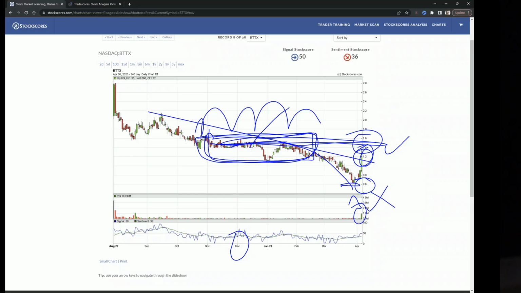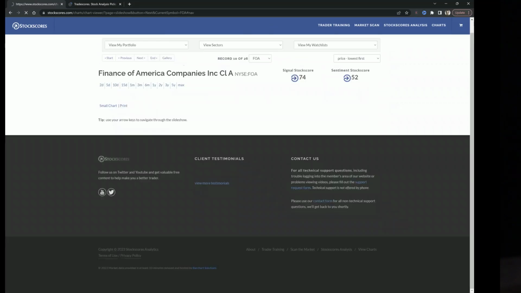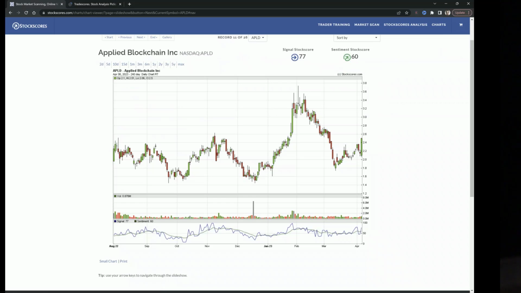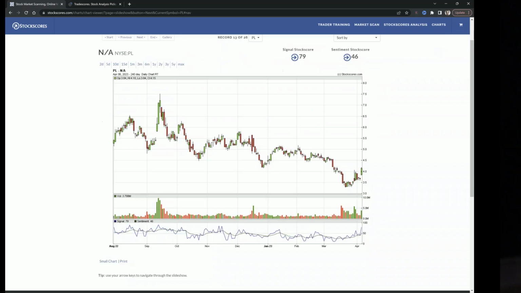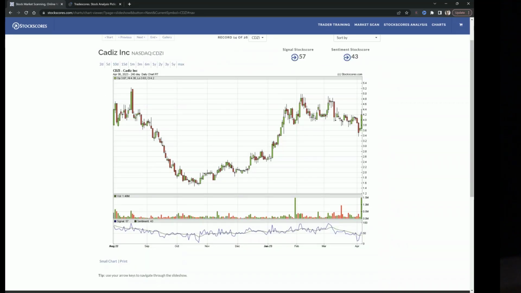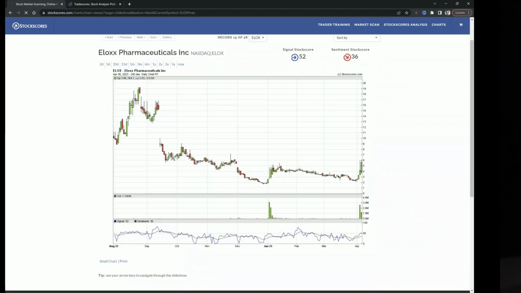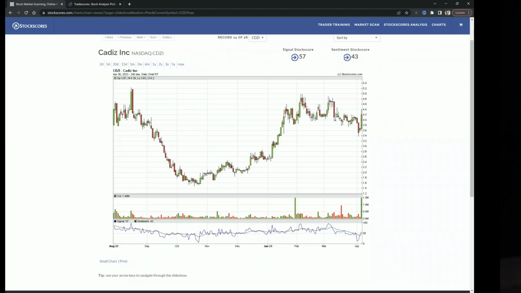So that's why it's not great. Okay, so one of the things I want to see are rising bottoms on the chart, because that's a sign of optimism. I want to see that it's above a downward trend line. Let's go back to this one. CDZI, this was also a decent day trader today, but its longer term chart is bad because there's all this resistance, there's all these people that own it at higher prices. It takes time to work through that.